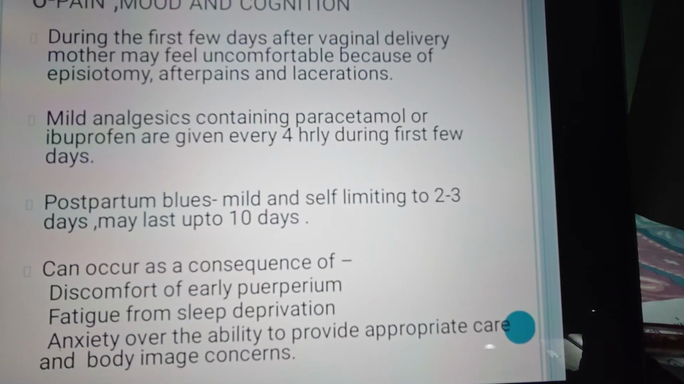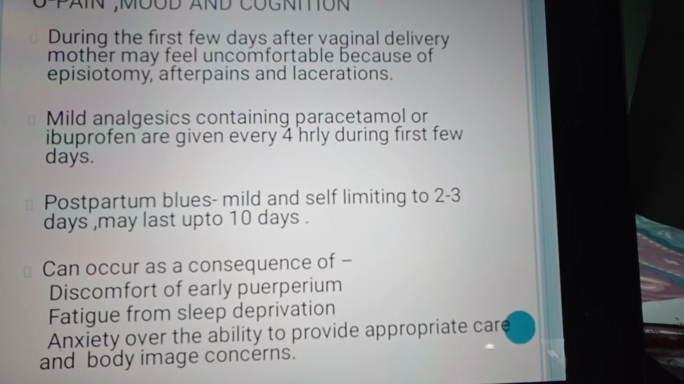So what is the management of pain, mood and cognition? During the first few days after vaginal delivery, the mother may feel uncomfortable because of episiotomy, afterpains, and lacerations. For these painful conditions, we can advise analgesics like paracetamol or ibuprofen, and these tablets are given every 4 hours, meaning 4 times a day for the first few days, and then we titrate the dose according to the pain. Now there is one condition known as postpartum blues,